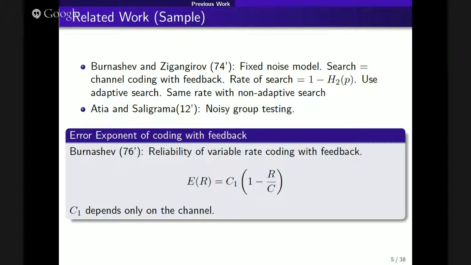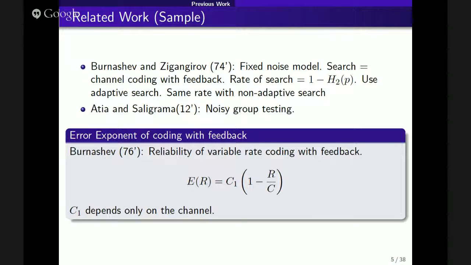Another line of work which is very related to our problem, at least to the many target problem, is work on group testing. A group testing problem is a problem in which you have a population of, say, n people, and k of them are, say, sick with something, and you want to find the k sick people while minimizing the number of, say, lab tests you're doing. You can go linearly, sending every sample to the lab and seeing if the person is sick or not, or you can mix groups of samples together and test all of them in just one lab test. So this problem is very related to our problem.